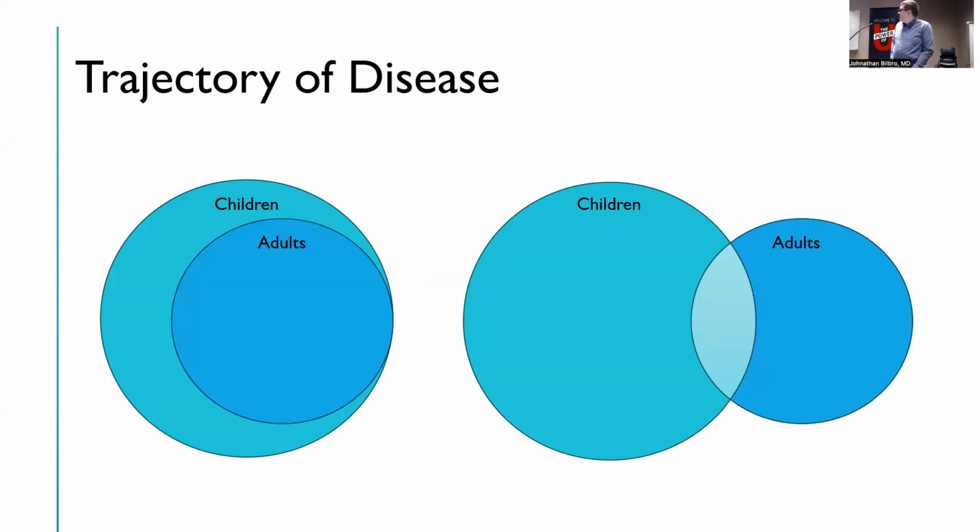However, what I'm going to present is some data, some studies that suggest that the picture might actually look a bit more like this, right? That you have children with the disease, and some of those children continue with symptoms into adulthood and continue to meet the diagnosis. But the studies suggest that there are a number of adults out there who would meet criteria for the disease but did not have symptoms in childhood.